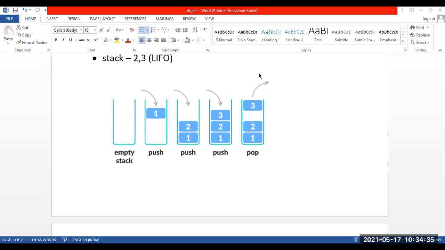Whenever we say pop, I will not specify, because by default it is understood that pop means the last item that was inserted, the last student that went inside. So who was the last student that went inside the classroom? Prajwal. So the CR of the class is the first person to go home. He is the first person to leave the college. So Prajwal is going to pop out. He is going to jump out.